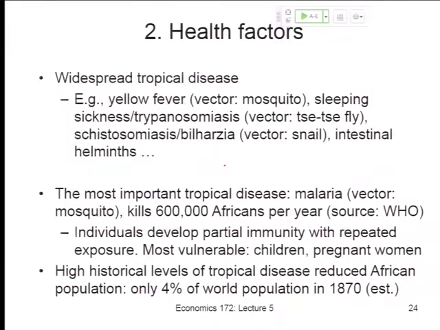So when historians and demographers look back through time, they think malaria played a really critical role in many different aspects of African history and development. So in the 1800s, we talked about Africa's share of the world population growing. Well, in the 1870s, the estimate is sub-Saharan Africa had a very small share of global population. Remember, by 2060, it's going to be 25%. And a big reason why is tropical disease. The tropical disease burden was so high that life expectancy was short. There was so much mortality. Of course, that high mortality also affected Africa's interactions with the rest of the world because it became very difficult for traders or also foreign armies to go and invade and take over sub-Saharan Africa until after about the 1870s and 1880s when there were actually